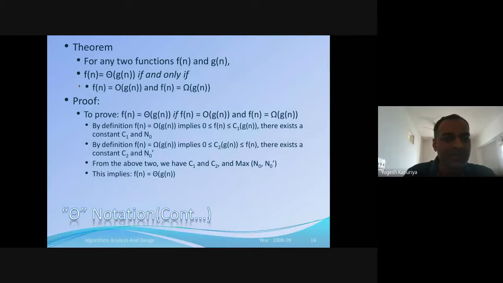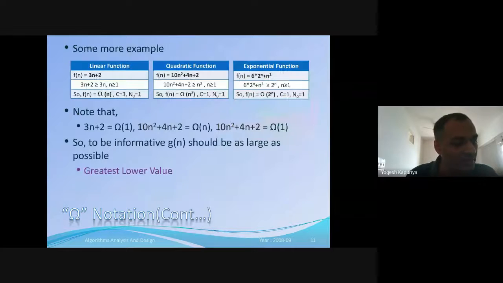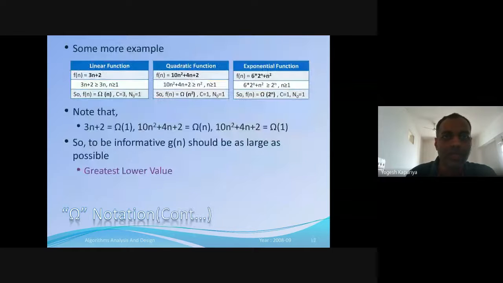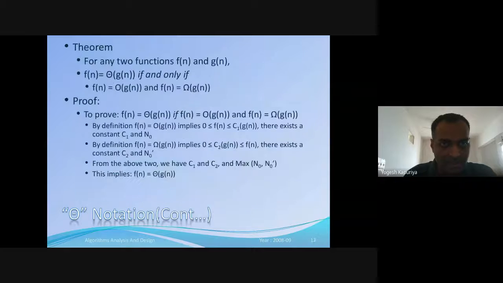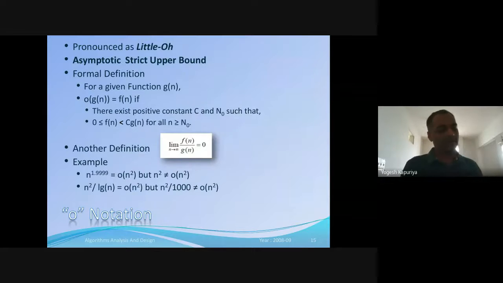So I hope you understood that it is basically nothing but just putting the definitions of big O and big omega in such a way that it gives us the definition which is required for theta. So that's what we should do over here. If in an examination it is asked, then this is what you should remember, the definition of each of these functions: big O, big omega and big theta. Okay, so that was the third notation in the sequence.